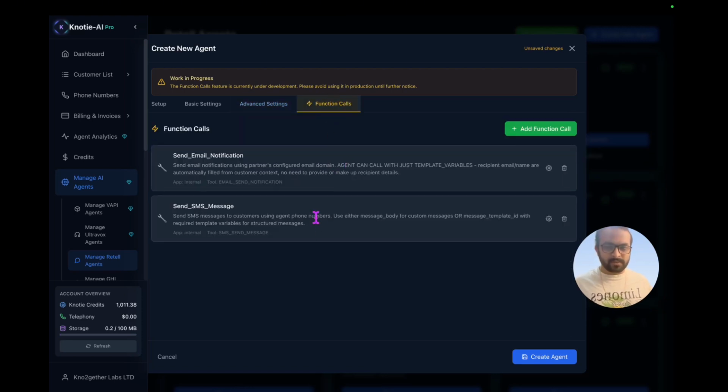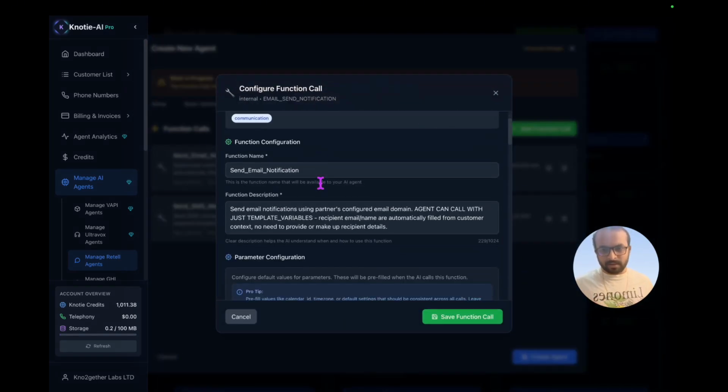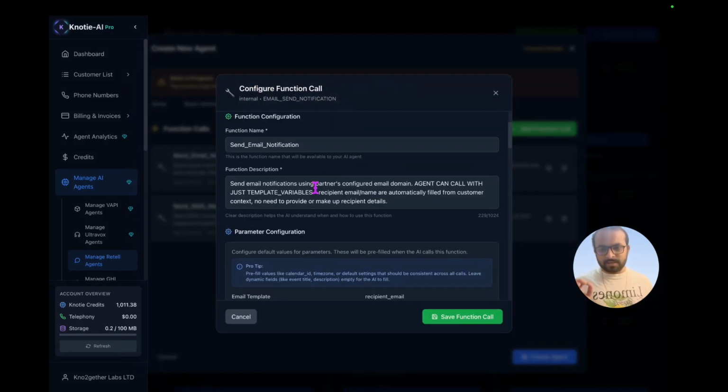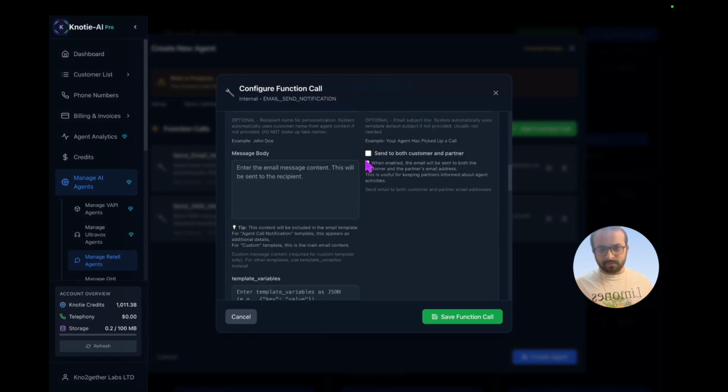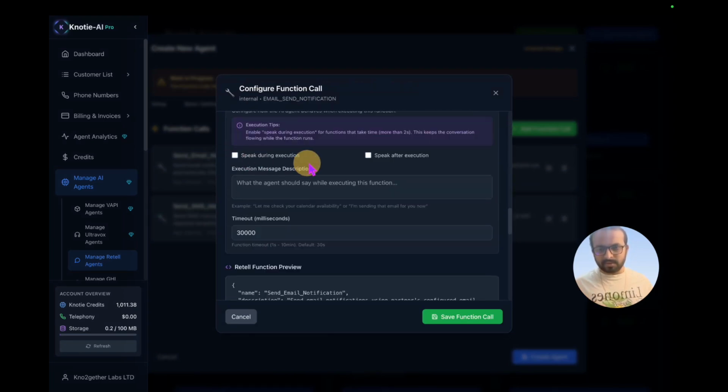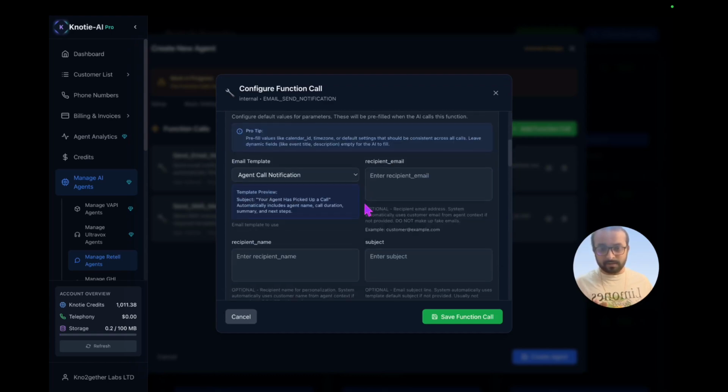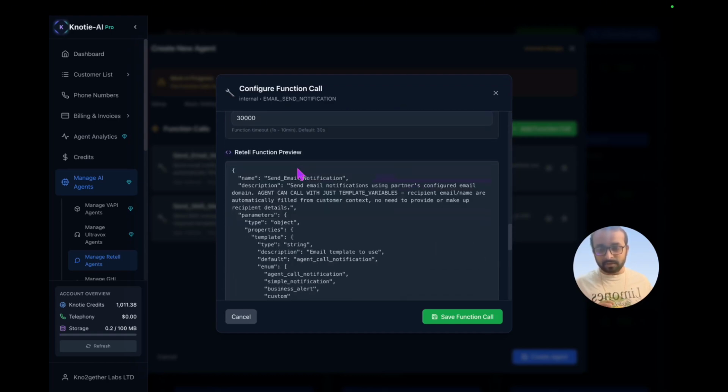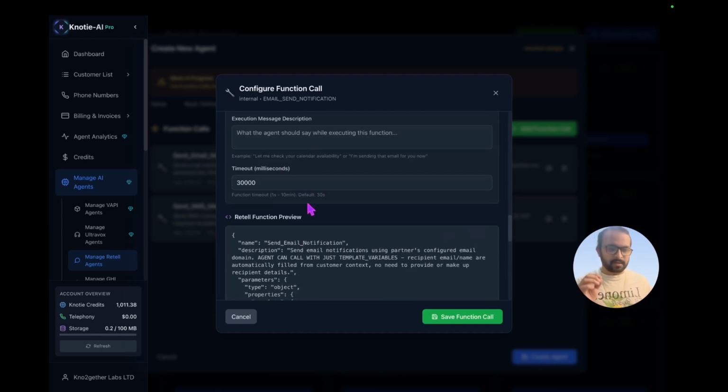Then go to function call, and you will see that two function calls are already added automatically. But just to view everything, click the settings and you see there is a send email notifications. I'm going to click send both user and customer, and turn this off. You can keep everything as default. This function call is basically to tell the customer when their user calls and the agent picks up the call. So in this case the plumbing business owner will get